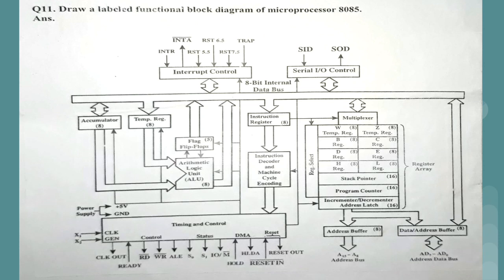And then after that we have the instruction register and instruction decoder, and the instruction decoder is connected to the timing and control signal. So the same thing they have shown here also in the functional block diagram. After that, the instruction decoder is connected to one section, and that section is nothing but the registers. We have learned there are so many registers, like the temporary registers, then B, C, D, E, H, L, these registers we have seen. Then we have the stack pointer and program counter. So all these registers make up the register array, which we have learned, that diagram is there.